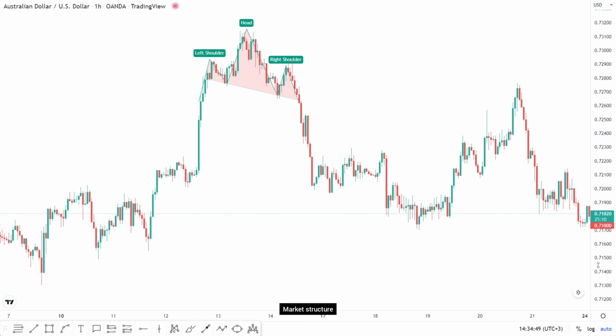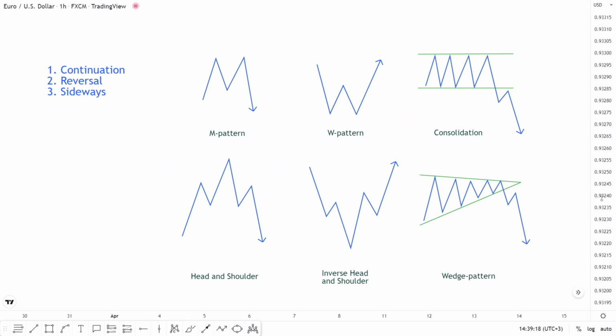Because at any particular point, the market is either bullish, bearish, or it's in a sideways trend. So understanding chart patterns helps you to be able to define the market structure at any particular point. So patterns will help you to identify whether the market is doing one of these things. Either price is in a continuation, meaning we had a trend and price is continuing in the direction of the trend, or price is forming a total reversal, or we're in a sideways movement, meaning price is neither trending upwards